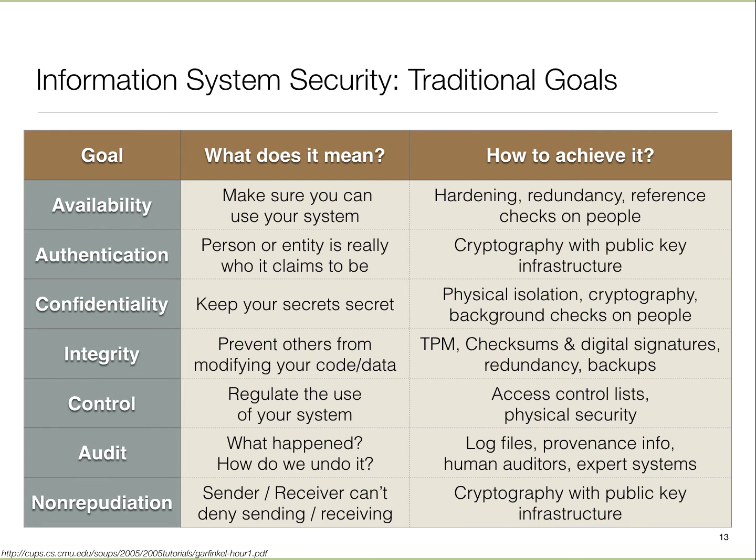A third goal is that of confidentiality. We want to keep secrets from leaking, and there are two versions of it. One is I don't want you to look at my file, and the other is I don't want you to make inferences which I didn't want you to make, even though I want to share other things about the data. So it's a richer space, and cryptography plays a huge role here. We can encrypt the data and protect the keys and prevent others from looking at it. But it doesn't work in all scenarios.